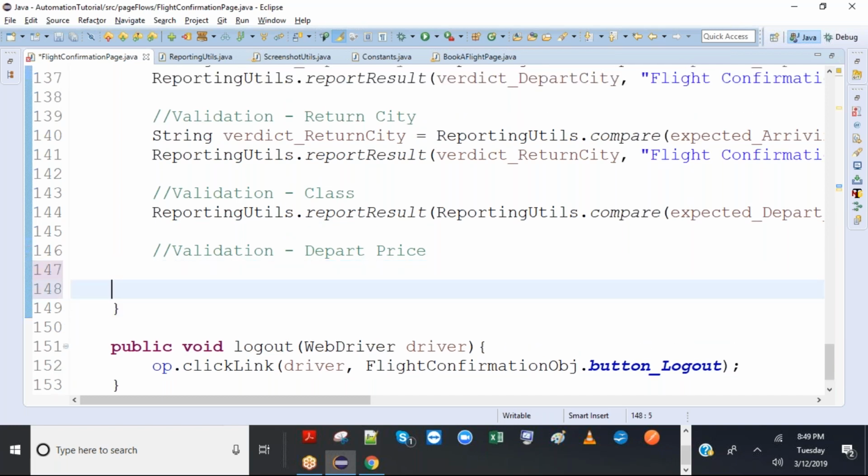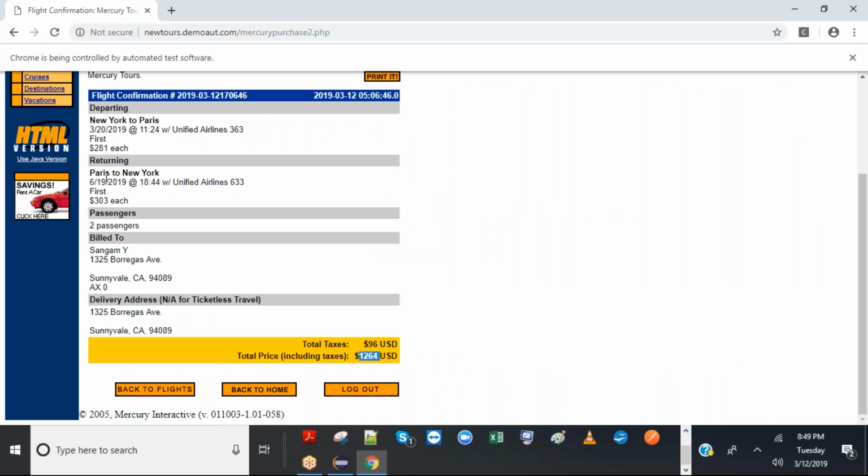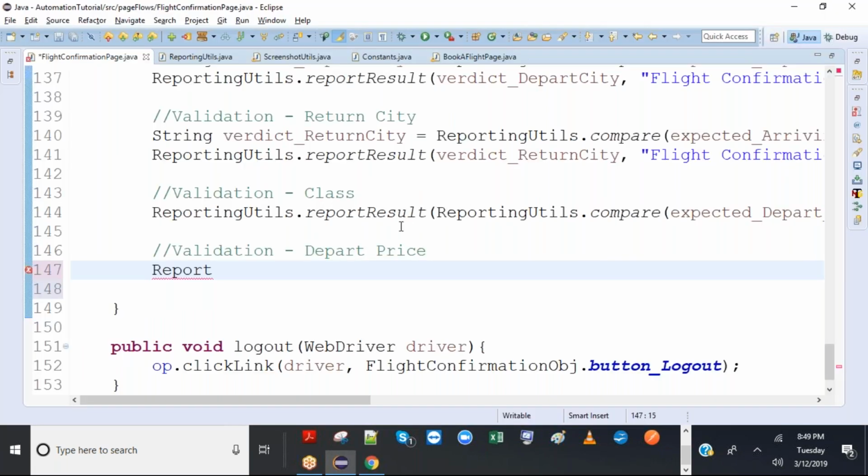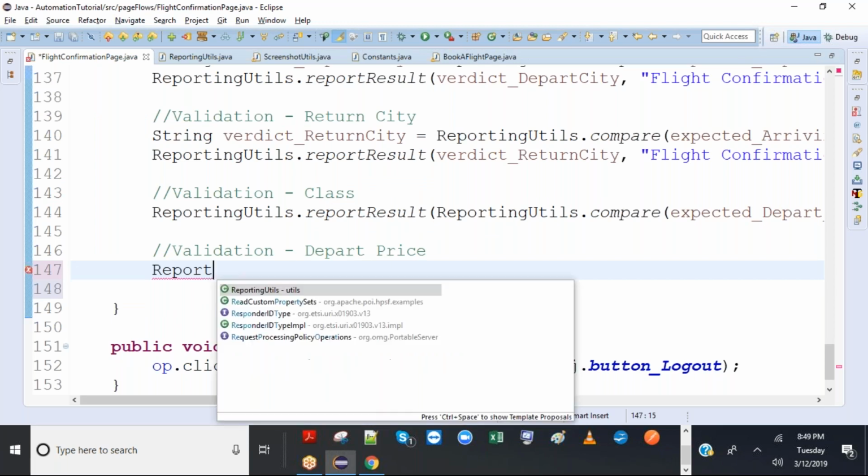Okay, so simple reporting utils. All we are doing is taking screenshots in this one. So let's not take screenshots at very regular intervals, because it will take the same screenshot again and again, right? Same page. I'll show you what to do in that case. Okay, so let's just do the details first.